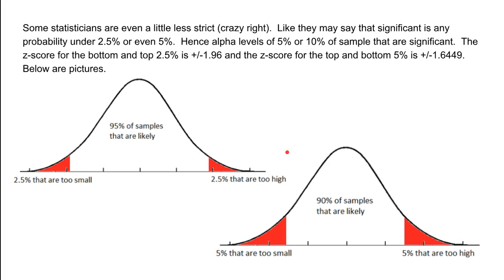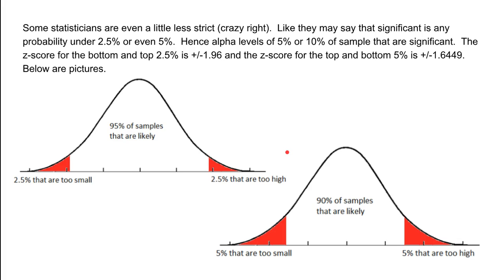And then continuing on, some people might even be a little less confident, like let's be 95% confident. So what we're talking about when we say 95% confident is that we know that 95% of samples, by the way, we haven't even looked at one sample yet, but we already know that 95% of samples are going to be really, really close to that true mean of 40. And again, that leaves 2.5% at the top, 2.5% at the bottom. They're going to be weird samples, and that's where we can get the z-score of 1.96 to mark those values,